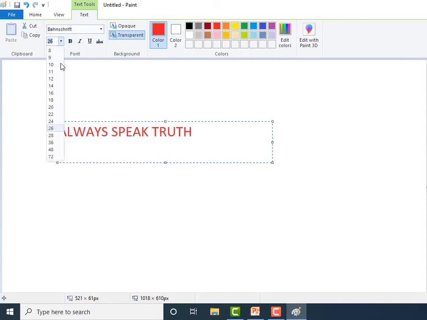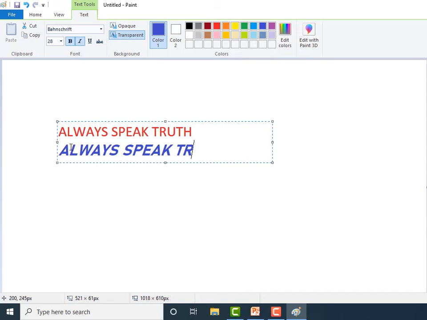Now change the font size, bold, italic. I want italic. Change the color from color palette. You can see children text with different font faces and style. In this way children, you can use text tool in Microsoft Paint.